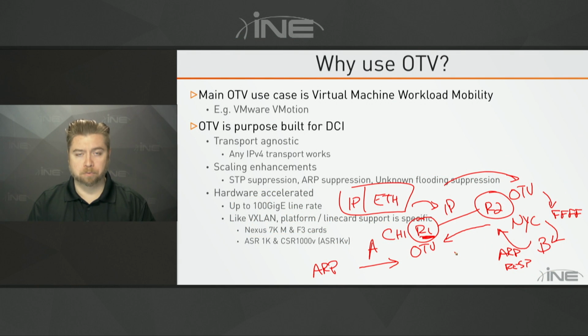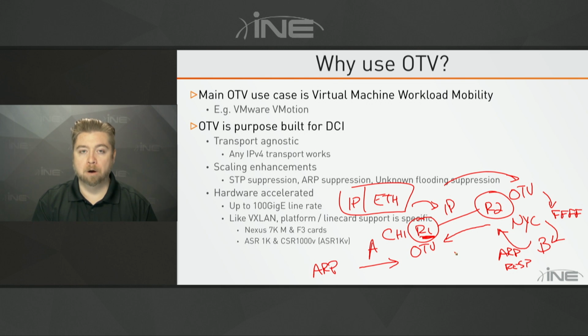So then beyond that, if we have host C, D, E, etc., in the Chicago data center, you go to ARP for the destination. You're not going to have to send that all the way across the data center interconnect. So we'll see it has a bunch of optimizations, not only for the address resolution protocol, but also any broadcast unknowns and multicast, or BUM traffic in general, that it gives you more control as to what type of layer